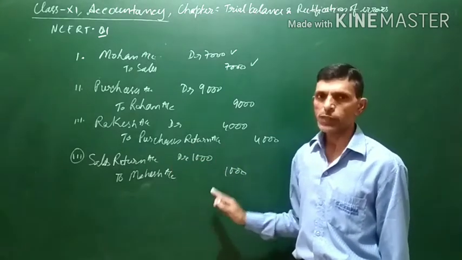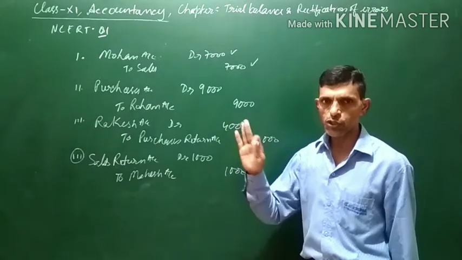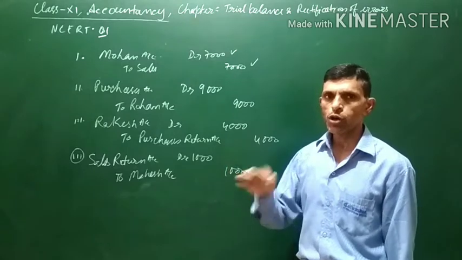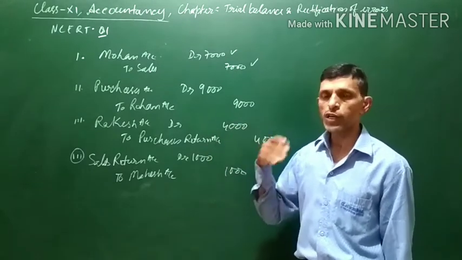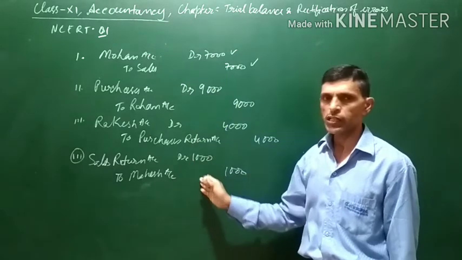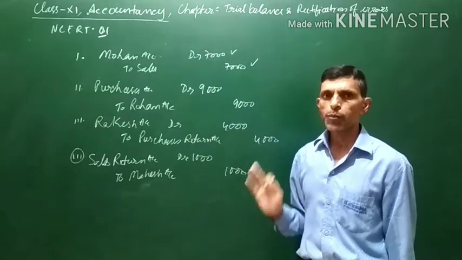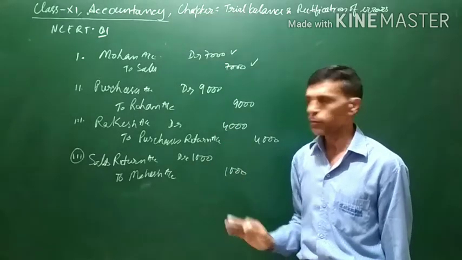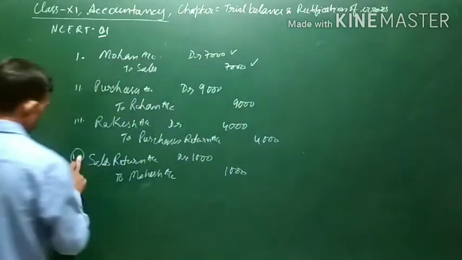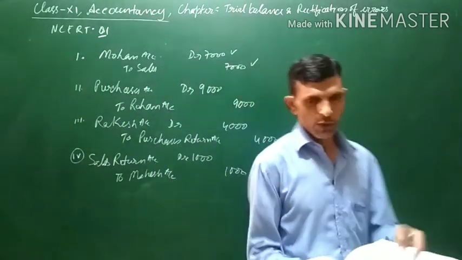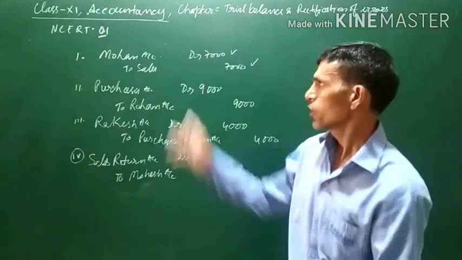So in order to make the rectification, since nothing was recorded in all the 4 cases, the entry was not recorded, we have to write the journal entry. We will be writing all these journal entries to correct the books of account, to rectify the errors. All these journal entries will be passed. This was the last, the 4th one. This is question number 1.